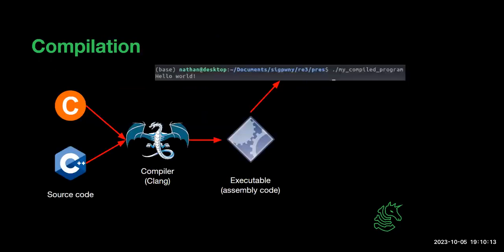Compilation. Most of you hopefully have taken, or maybe not everyone, but your source code gets converted into assembly or machine code by a compiler. So you may have heard of Clang or GCC. This takes the code you wrote and turns it into a format that the computer can read. This process is not reversible. So once it's converted into an executable, you can't really ever turn it back into the original source code, only the best guess of what it's going to look like.